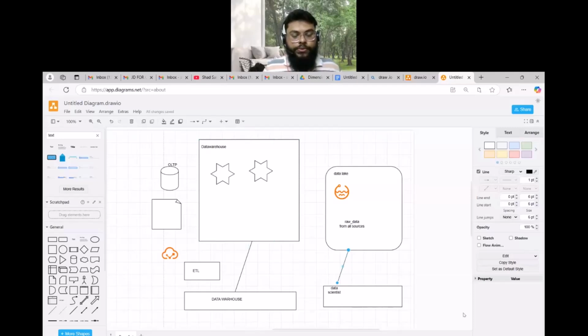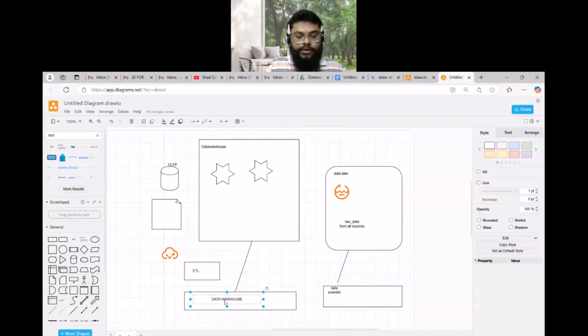Now, since everything is going to cloud, there is a duplication of data, right? We are doing ETL here and moving the transformed data into the data warehouse. Again, we are copying all the raw data and putting it into the data lake for data scientists and ML engineers. So this is for data analysts